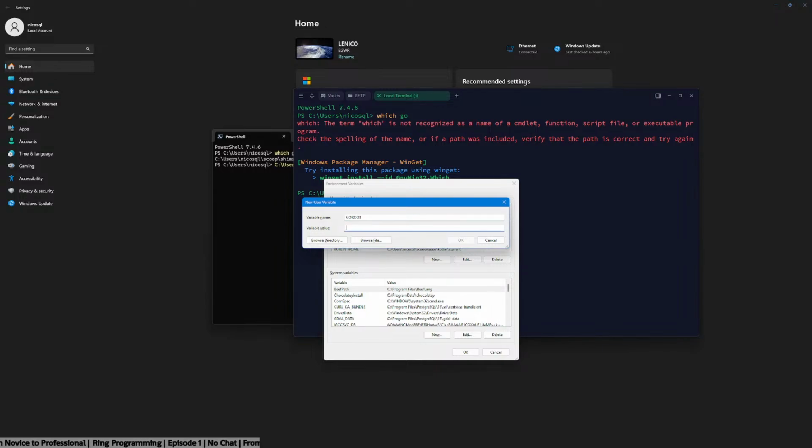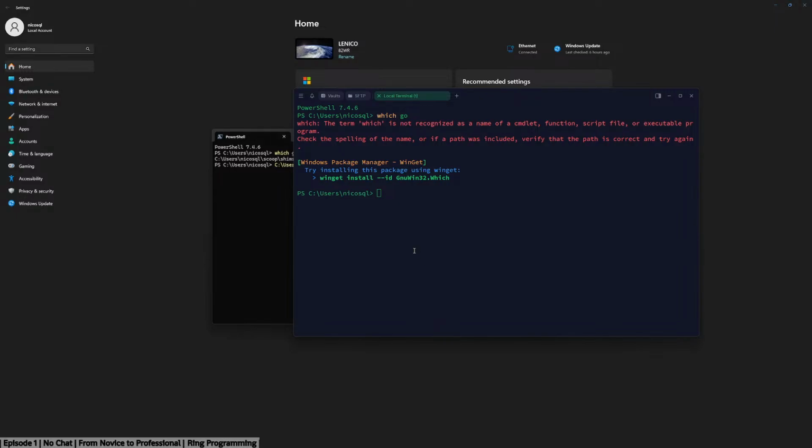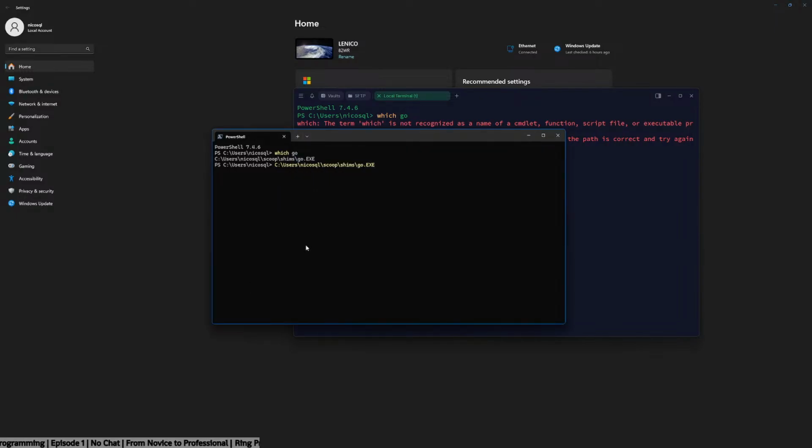Go root. I don't know why it's capitalized, but I'm just gonna leave it. Go root. Not you. And... oh, that's what.